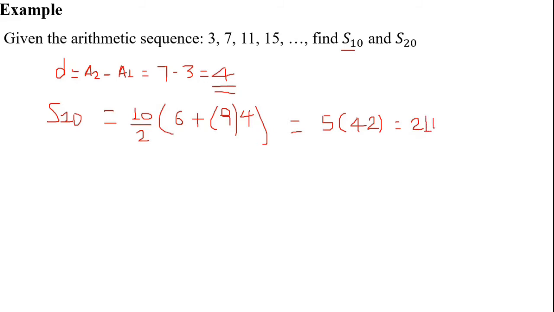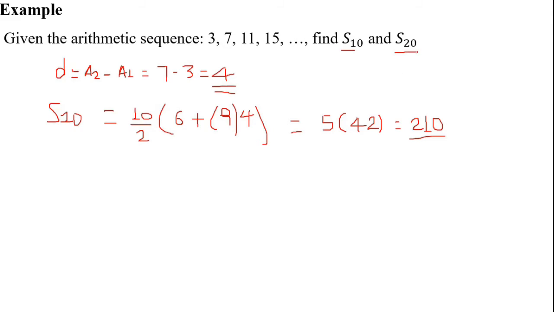So if you find the sum of these first 10 terms just by using a calculator, you can also obtain 210. But instead of adding 3 plus 7 plus 11 plus 15 and so on, it's better to use a formula for finding the sum of an arithmetic sequence. So next, let's find the sum of